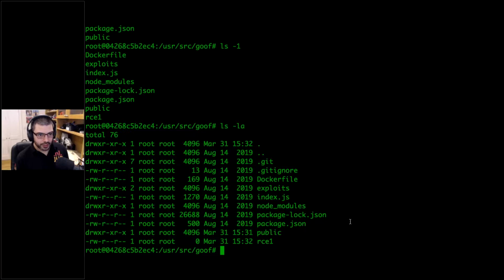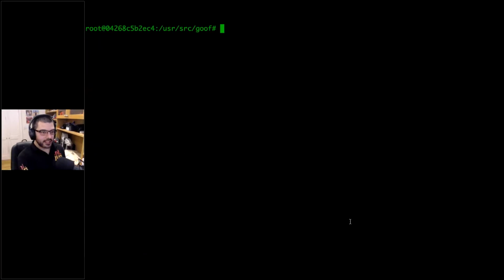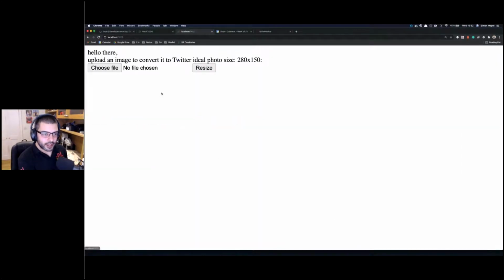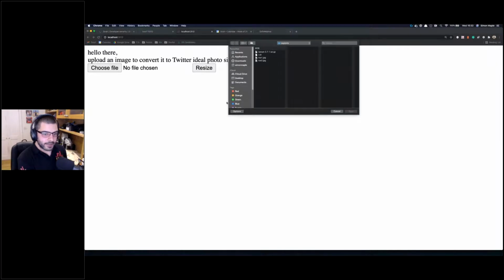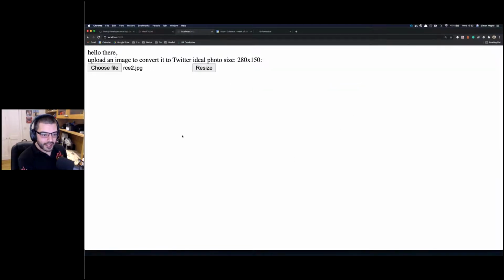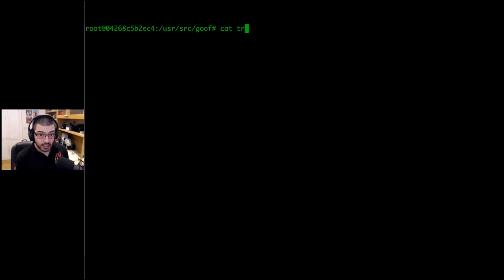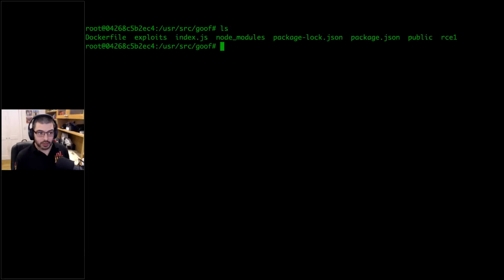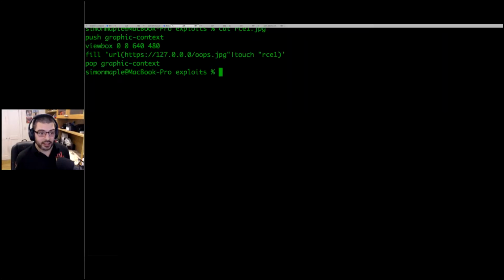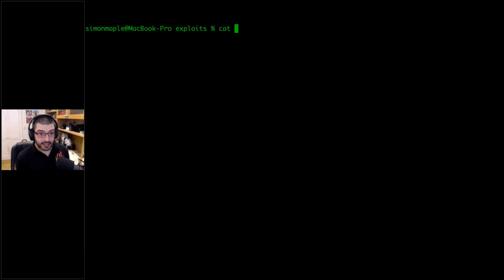The next thing we want to do is something a little bit different. I'm going to upload a new file, and this file is called RCE2.jpg. Now let's take a look at what RCE2 does. I'm on the Docker container still. Let's have a look here. So let's clear that and cat